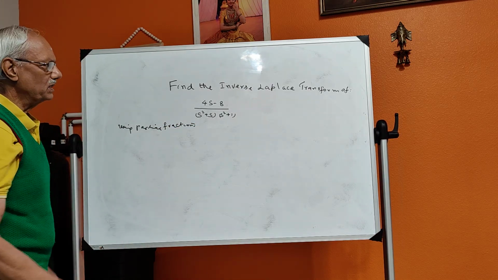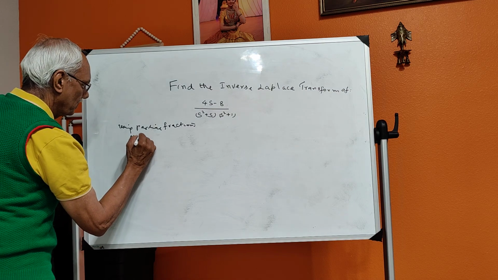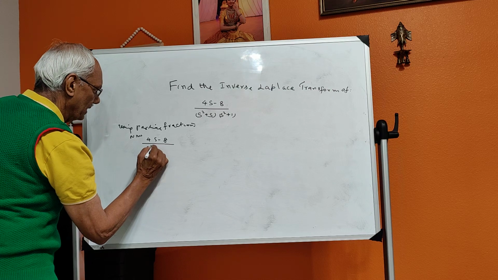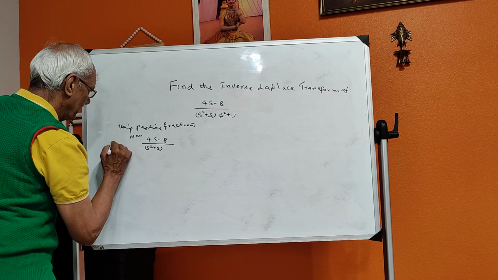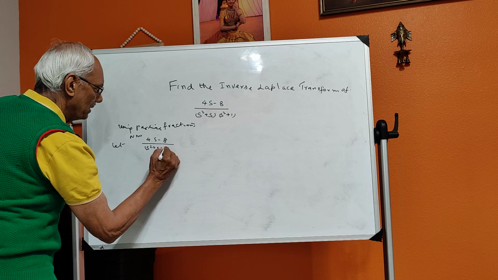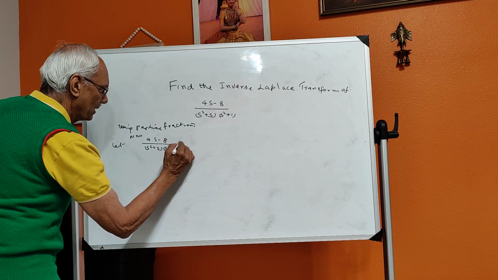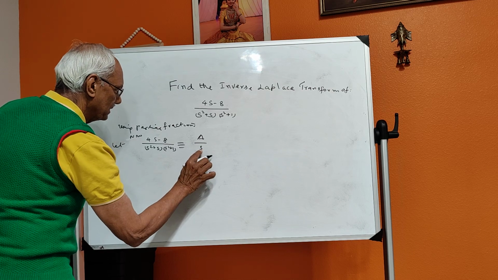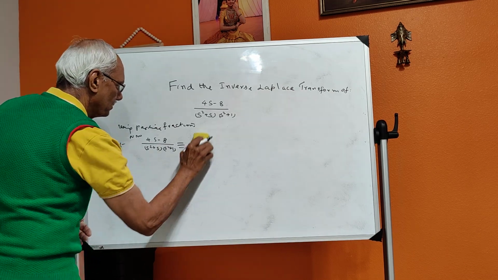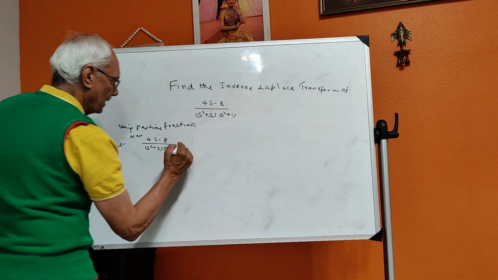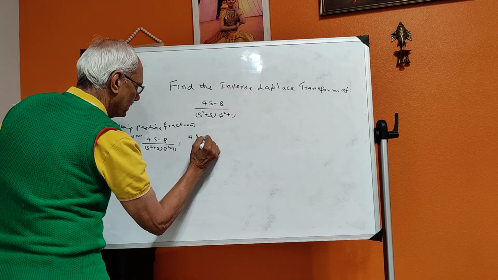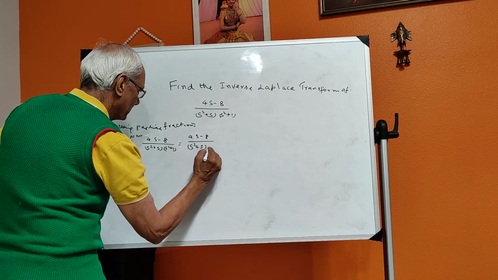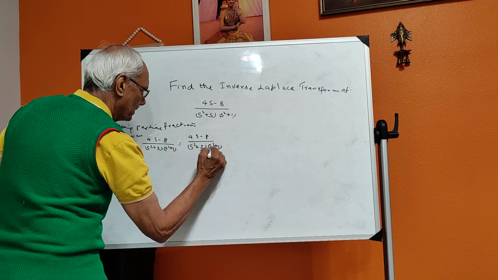Let us solve using partial fractions. Now, (4s minus 8) divided by (s squared plus s) into (s squared plus 1) can be written as: